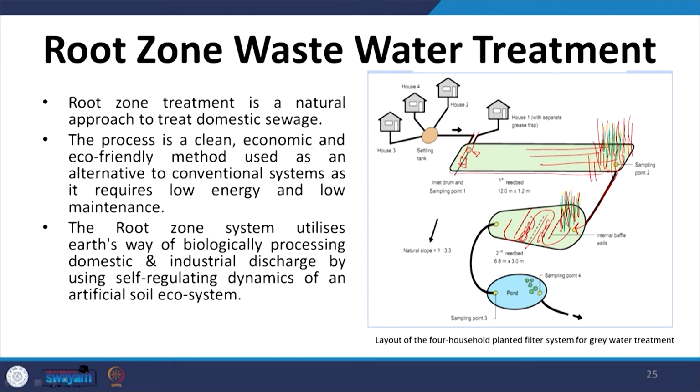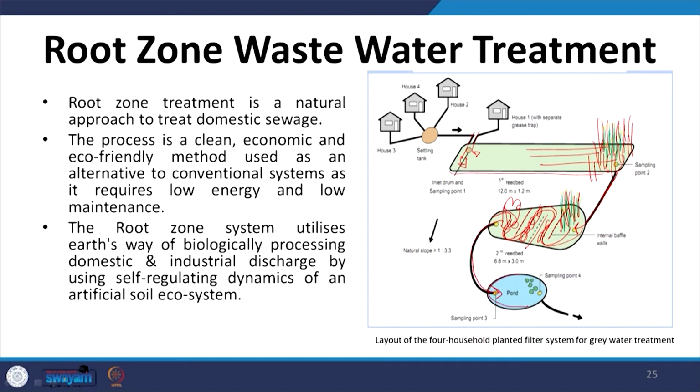Different types of plants are planted here, and they further break down the pollutants and contaminants, and by the time the water passes through this entire pond, through these baffle walls, all the impurities have been dissolved, the sludge has settled down in the first pond itself, whatever was left is further treated,